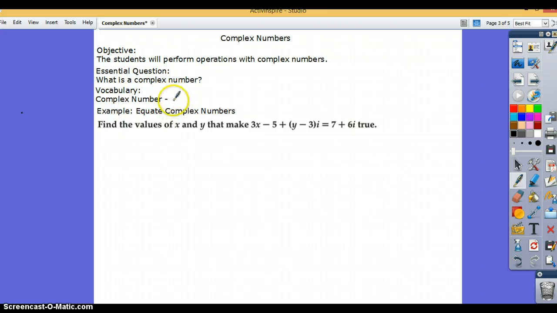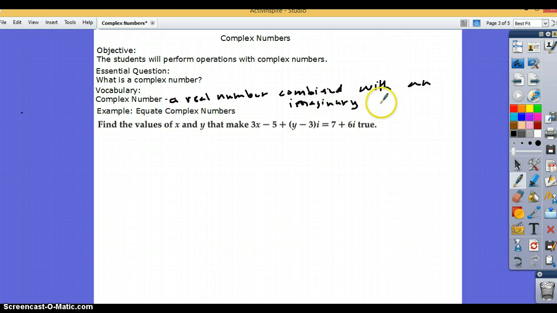Well, a complex number is a real number combined with an imaginary. And we write this as them being in the form a plus b times i. That's a complex number. So it says find the values of x and y that make 3x minus 5 plus